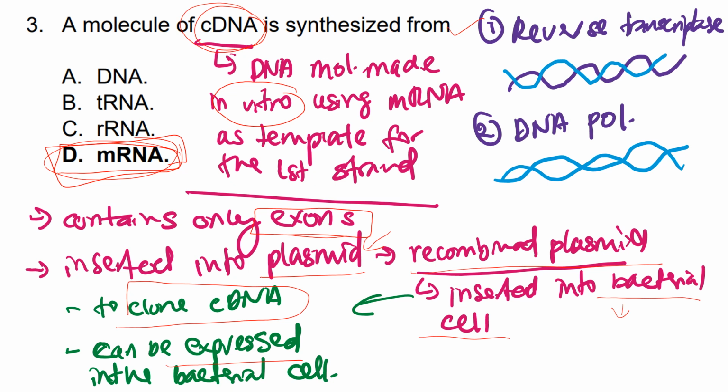So reverse transcriptase will use the mRNA as template to synthesize the first strand of the cDNA, and then another enzyme will degrade this mRNA template, and then you add the enzyme DNA polymerase to synthesize the second strand of the cDNA molecule. So now you produce the cDNA molecule